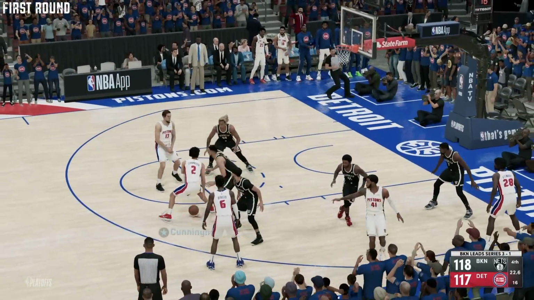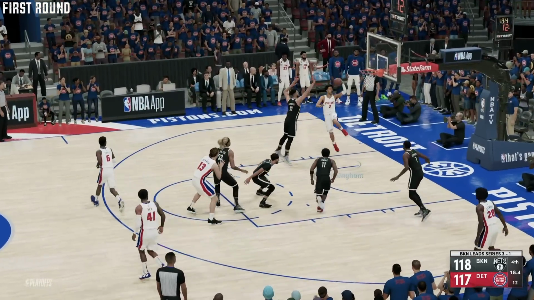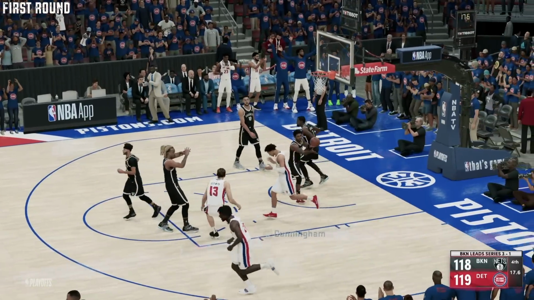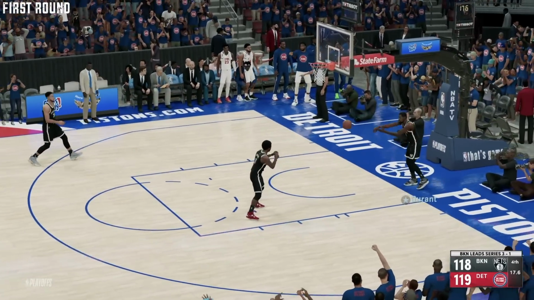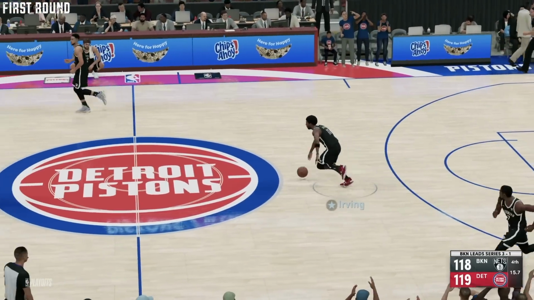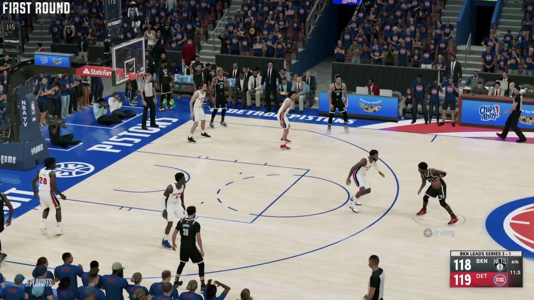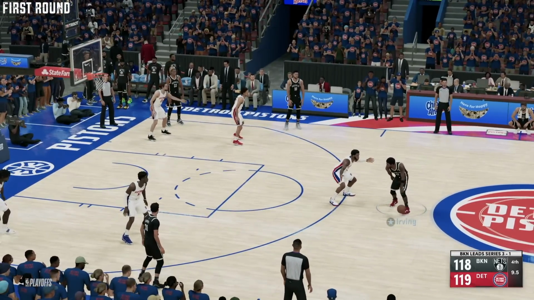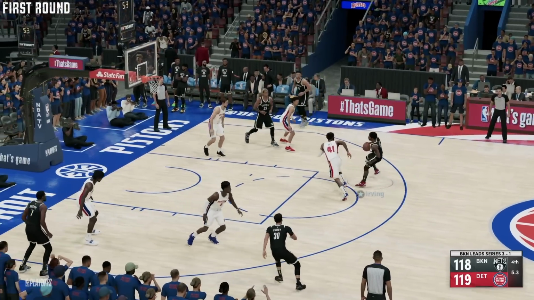As here's Cade Cunningham working against Ben Simmons, about a 7 or 6 second shot differential. Look at Cunningham, scores! Ben Simmons couldn't keep up, and the Pistons have the lead with 17 seconds. Shot clock is off, no more timeout. I mean, this place in Detroit is going crazy. As here is Kyrie Irving. He's got Sadiq Bey isolated under 10 seconds. Here we go, a chance to win the series.